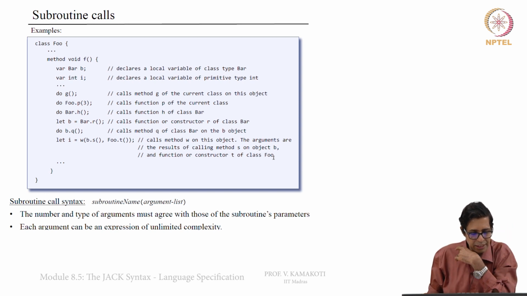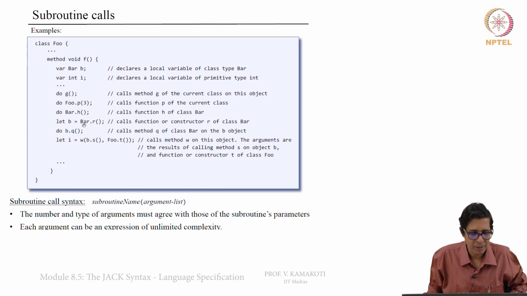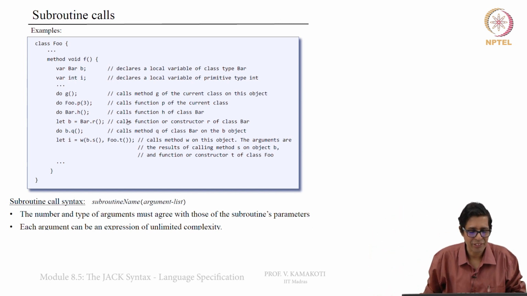Okay. So, when I call a method, I say do that method, but when I call a function, I just call it as a function. A function can be an expression, a method cannot be an expression. So, you need to understand this particular slide very carefully, wherein you need to make a distinction between method and function within the same class, and method and function in some other class. And where do I use let, where do I use do? Do is basically used for methods, while